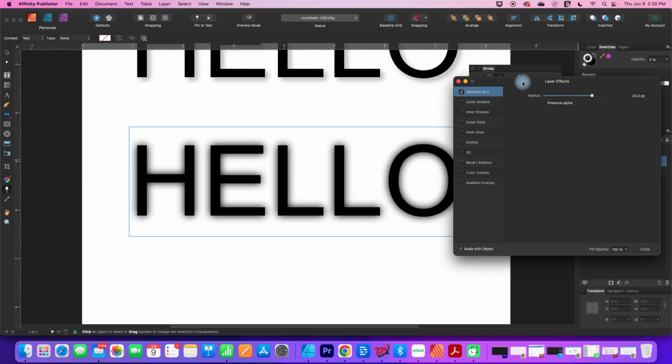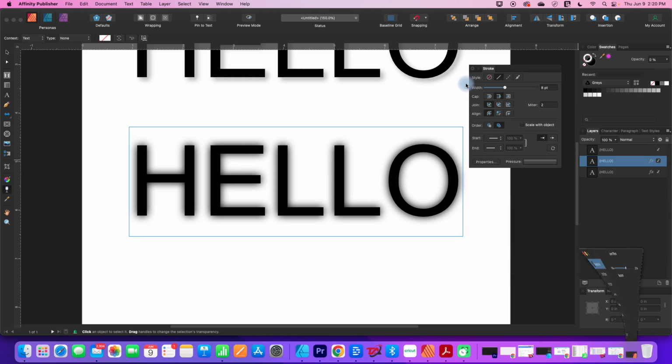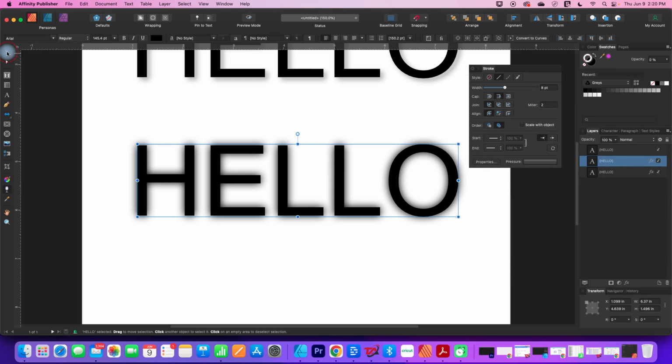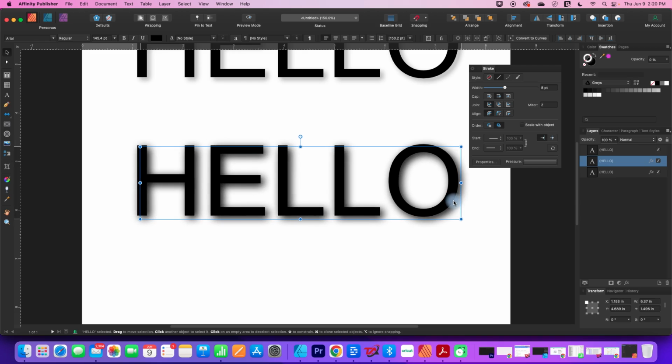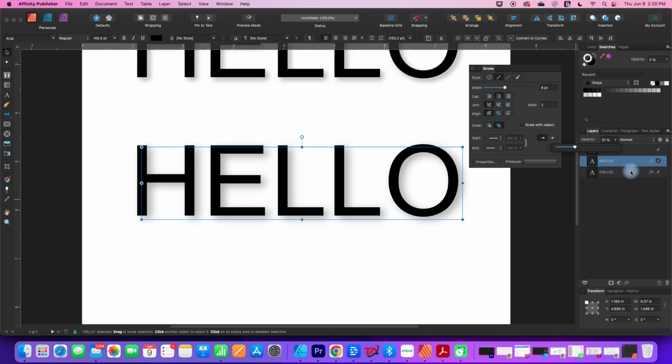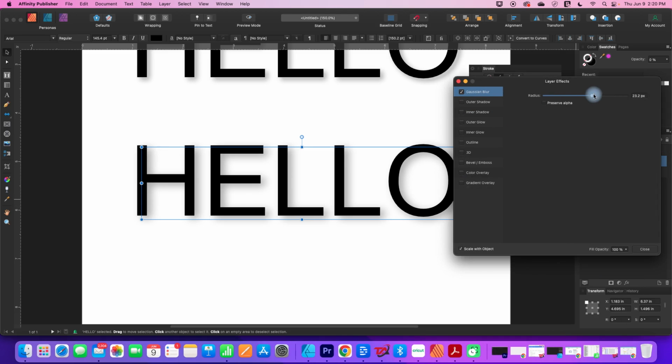And then what I'm going to do now, let's just get this out of the way, is I'm just going to take that with my mouse, we'll go to the Move tool here, and just manually drag it to where I want it. If I want it to be not so harsh, I can take the opacity of the entire layer down until it looks a little bit more realistic. And I think there's too much blur on this, so let's just turn it down just a little bit.